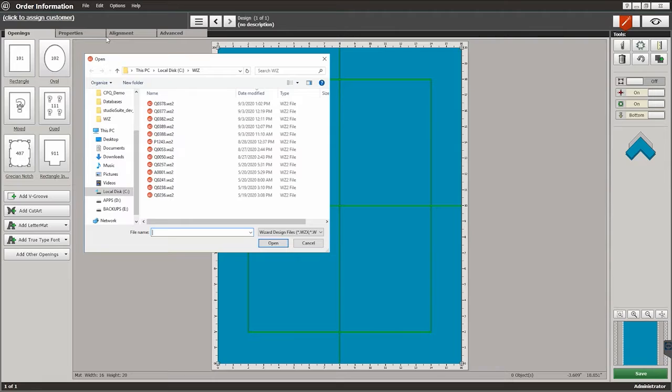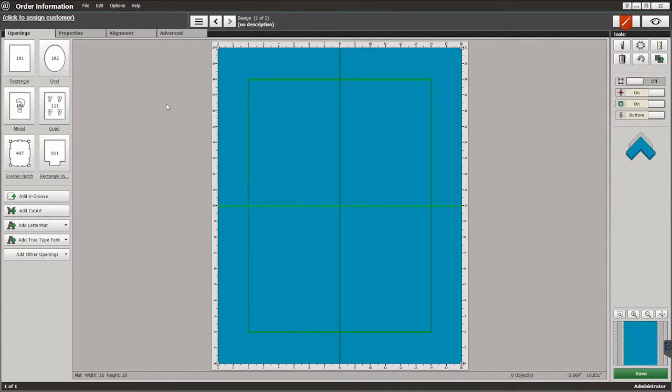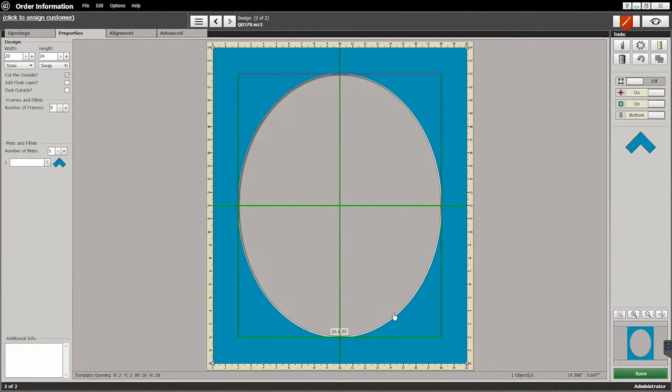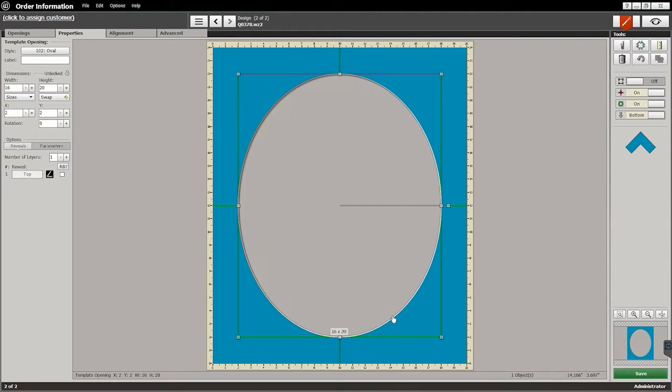Import Wizard File to Editor, and we'll navigate to that Wiz folder, and then you can just sort by date modified here, and then you'll get your most current wizard designs at the top. So this is my most current one, and you'll notice there is the work order number .wz2. So that's another way to double check and make sure that that's the correct file there. So I'll double click that, and you'll see there's my oval template. I have a 16 by 20 opening. We can double click on this to just see some of the